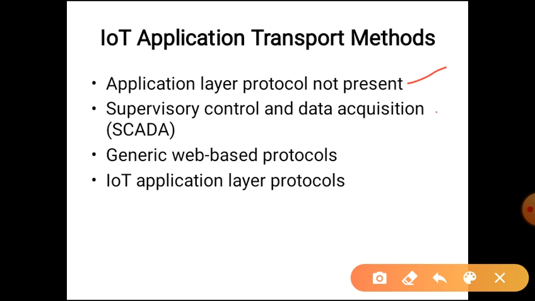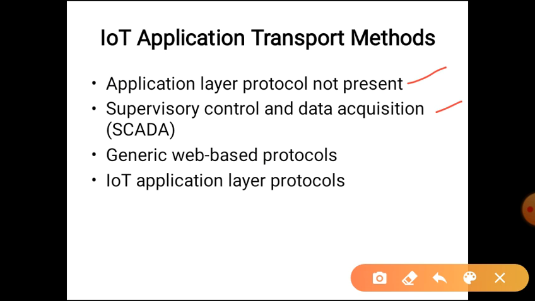The second category is SCADA, an industrial protocol developed before the days of IP. These are serial-based protocols, and if they have to run over IP-based networks, certain adaptations and adjustments have to be made.